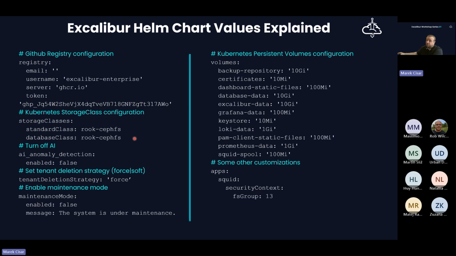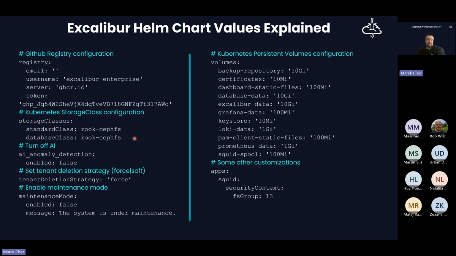Yeah, different clusters are using different storage technologies, different storage protocols, and so on. Basically, the configuration parameter which tells Excalibur SAM to utilize such storage is the name of the storage class.